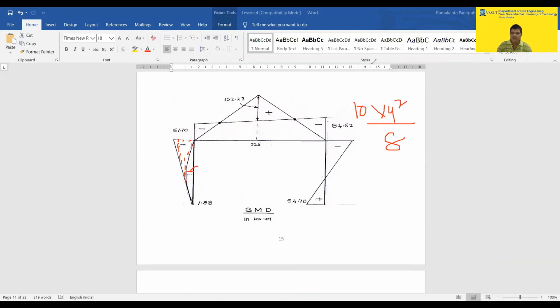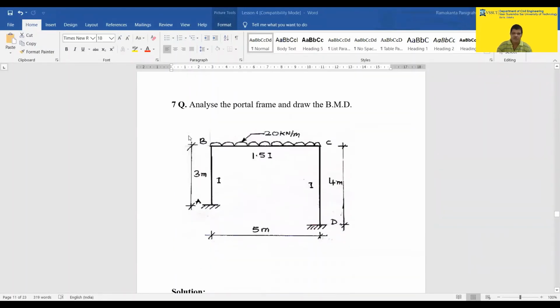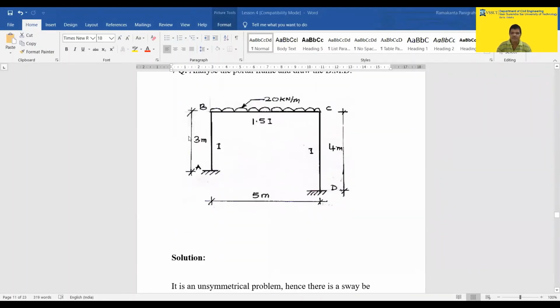Let's do another problem, and that will make this clear regarding these sway problems. Now you see this problem. In this problem again, what happens? The heights are different. On one side the loads are different, on one side the loading is eccentric. Now you see the heights of the columns are different. The heights of the columns are different again also. There will be the sway problem. Now in this problem, what will we see?